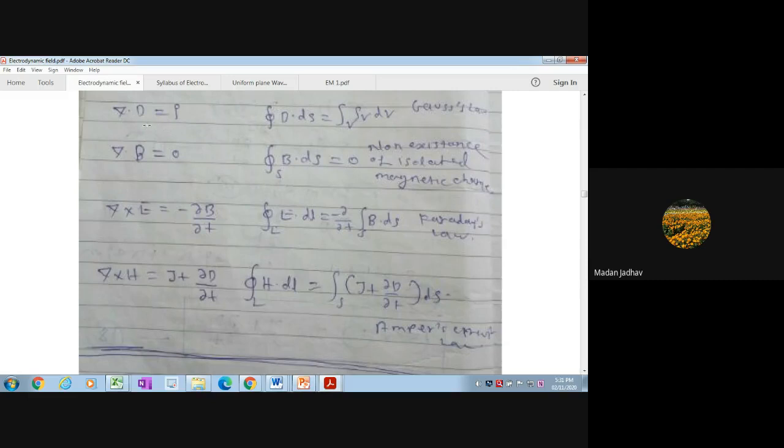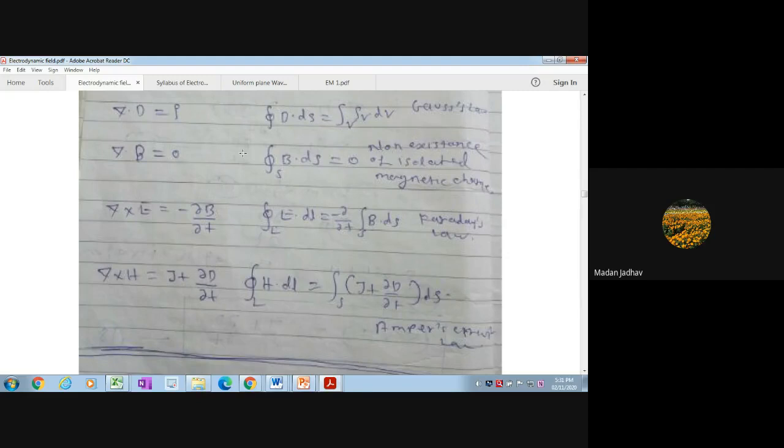Another equation for the static field is that the curl of E is equal to 0, which means that the static electric field is conservative, or stable. When you take the curl of a particular vector and it is 0,